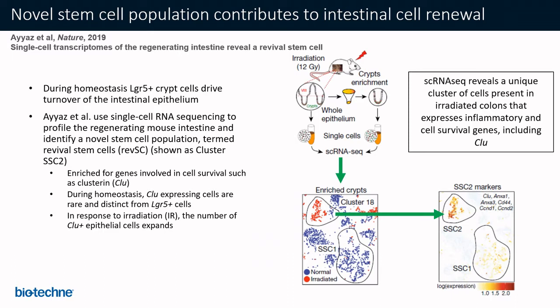So this is another paper on stem cell research. During homeostasis, Lgr5 positive CBC cells drive turnover of the intestinal epithelium. However, even when these Lgr5 positive cells are lost during injury, the epithelium somehow still recovers. So therefore, there had to be an additional population of quiescent stem cells that exist to drive epithelial renewal in